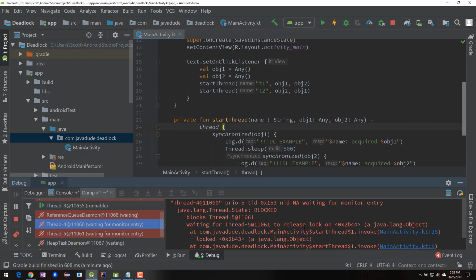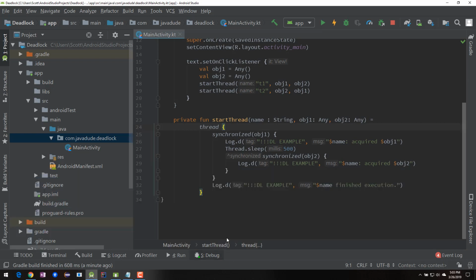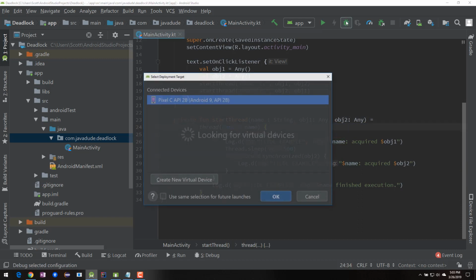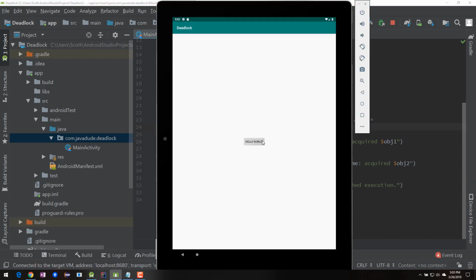Now if we named these threads, they would actually show up better inside here. So let's go ahead and do that. I'm going to stop this. And when this thread starts here, I'm going to add in name equals name. So we're saying the name parameter is getting the value name that's coming in from here. And when I run that again, hit my Hello World,